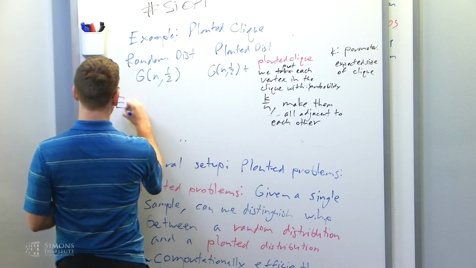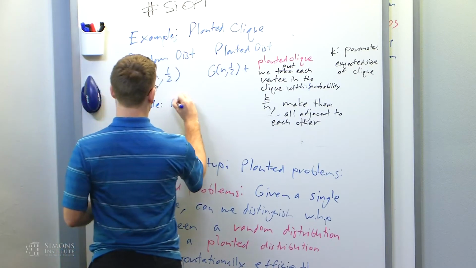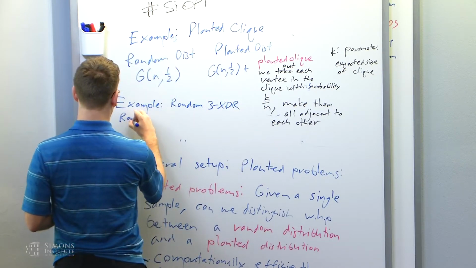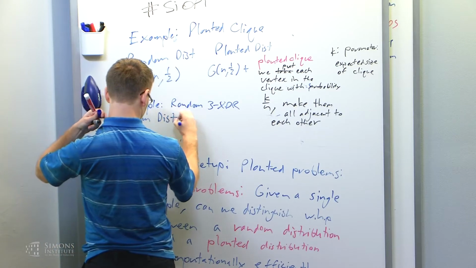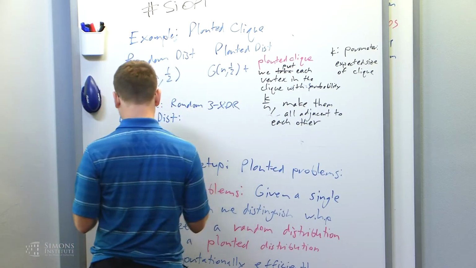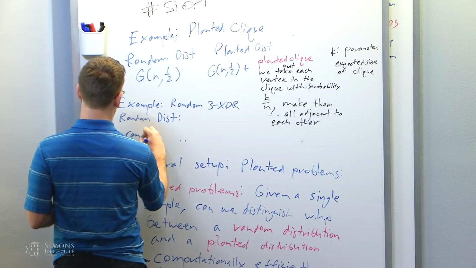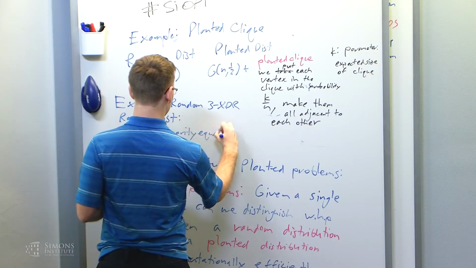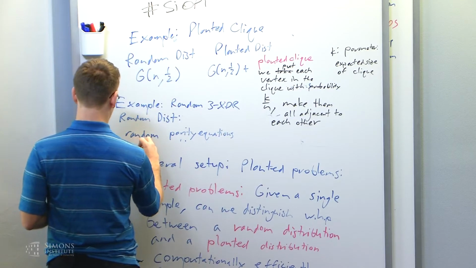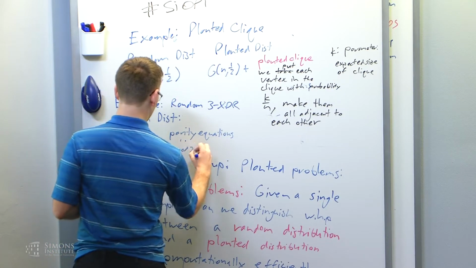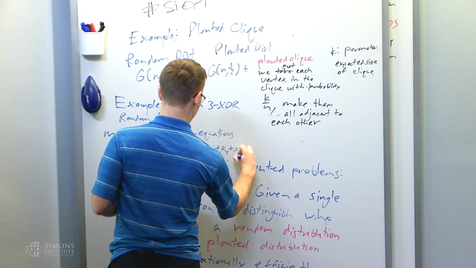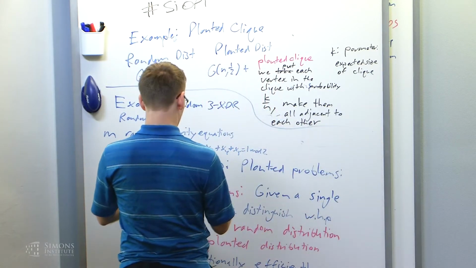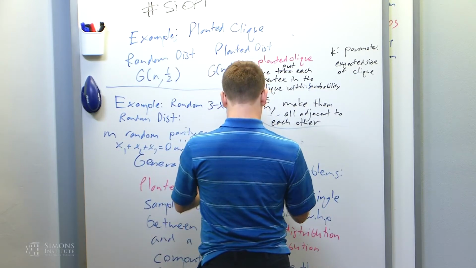And a second example is random 3XOR. So in the random distribution, we'll have m random parity equations, say like x1 plus x2 plus x7 equals 0 mod 2, x2 plus x4 plus x5 equals 1 mod 2. And then in the planted distribution,